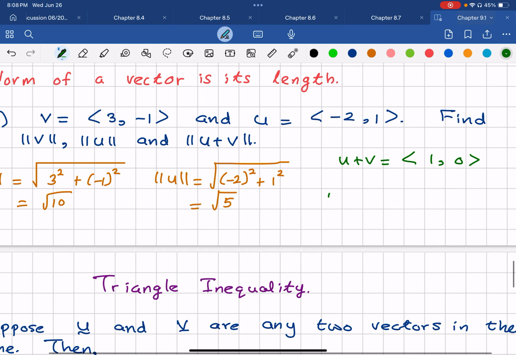So the norm of u plus v is going to be square root of 1 square plus 0 square, and that should give me 1. Okay,